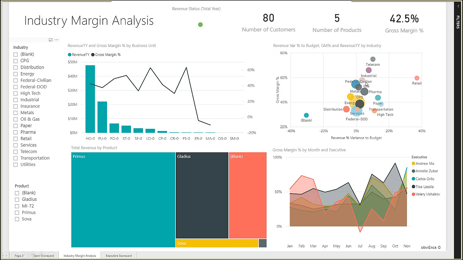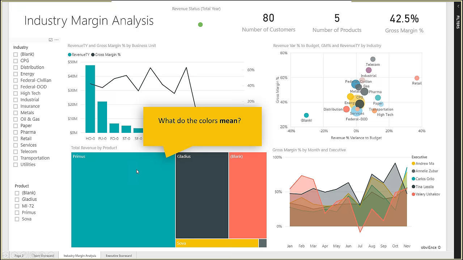Even some of the most popular charts or visuals out there many times just visualize the structure of data. Like, for example, here, the breakdown of the revenue by product. We do understand that the Primus product is the largest and so on, but is this good or bad? And this depends now on the context. Maybe